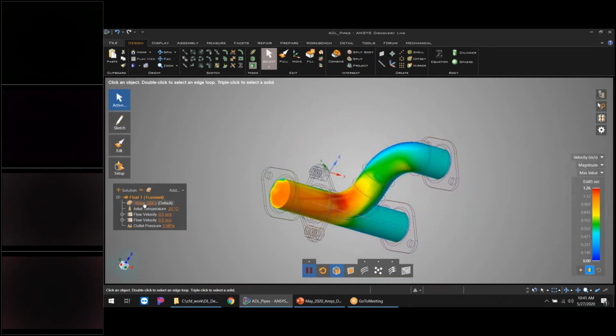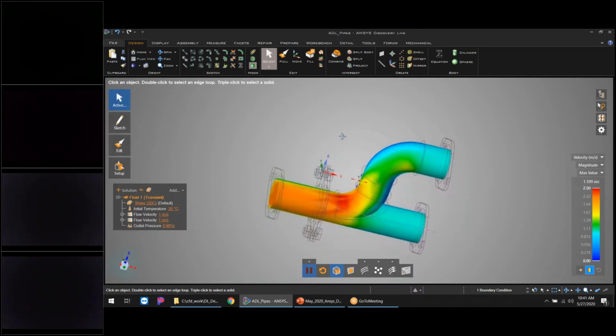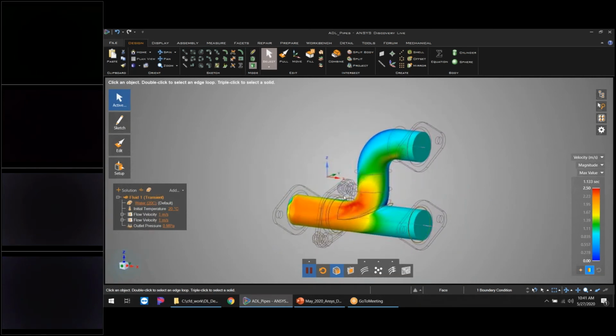Then I have assigned that a water property, and I've given my inlet boundary conditions here of flow, for example, 0.5. If I wanted to change that to 1, it instantly changes. And so we don't have to stop the analysis. We don't have to pause anything. We don't have to remesh. It's instantly updating those results. And then a typical outlet boundary condition for internal flow is just an outlet pressure of 0 here. And so immediately I've hidden some of the structure so I can see some of the fluids.